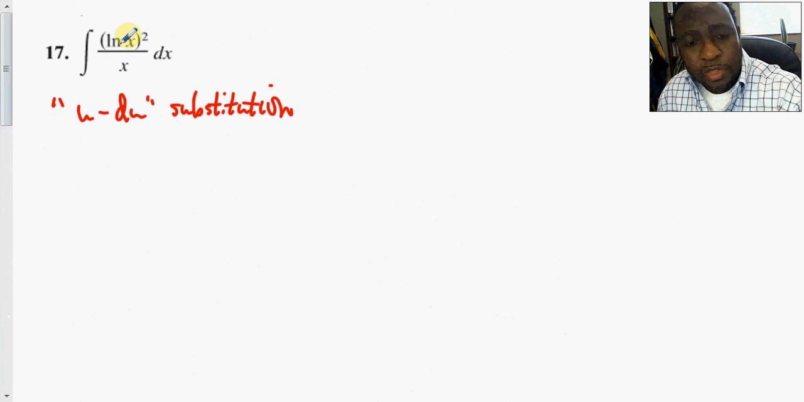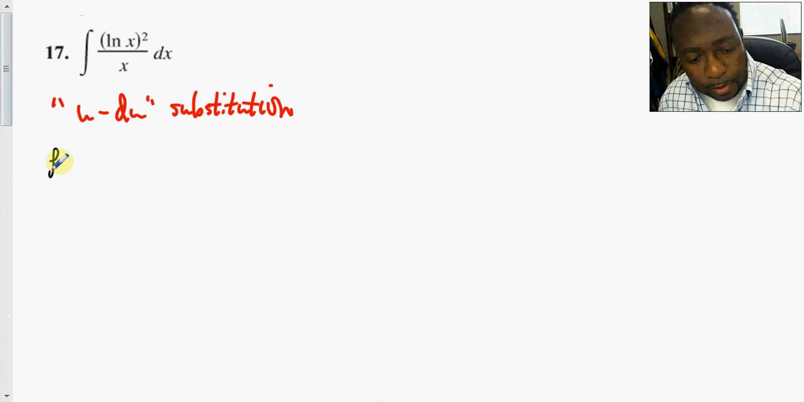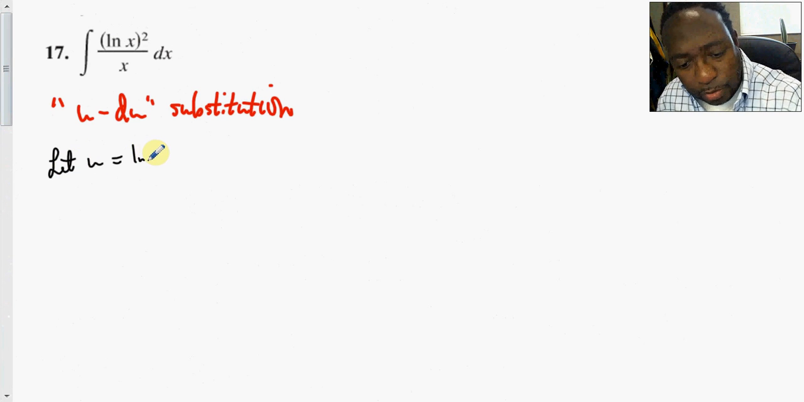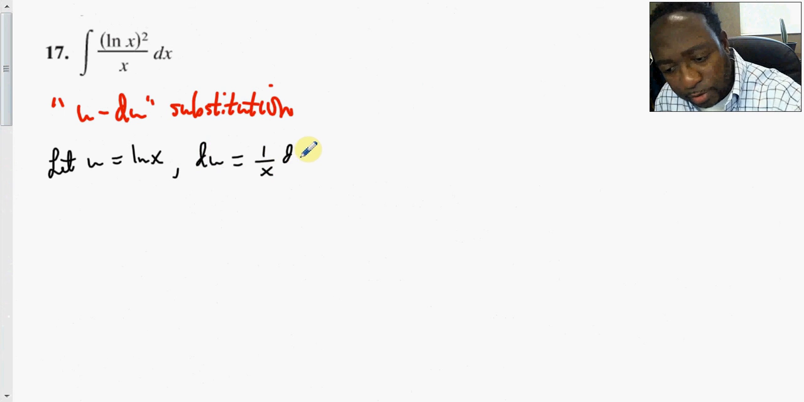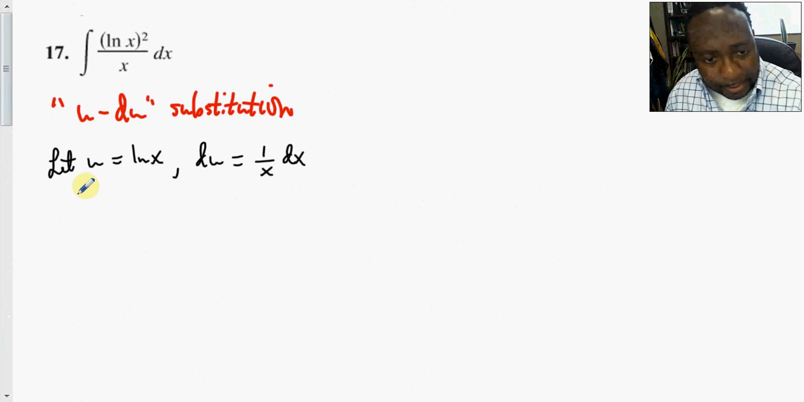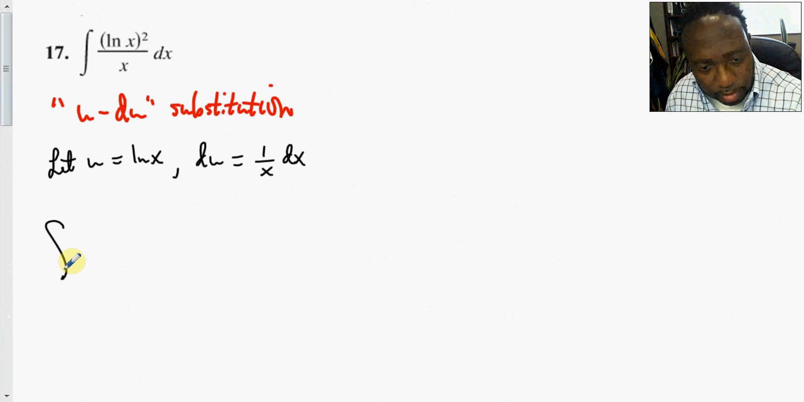Because if u is the natural log of x, du is 1 over x dx. Let's write it. Let u equal the natural log of x. So du is, take the derivative of that, we get 1 over x dx. So this integral